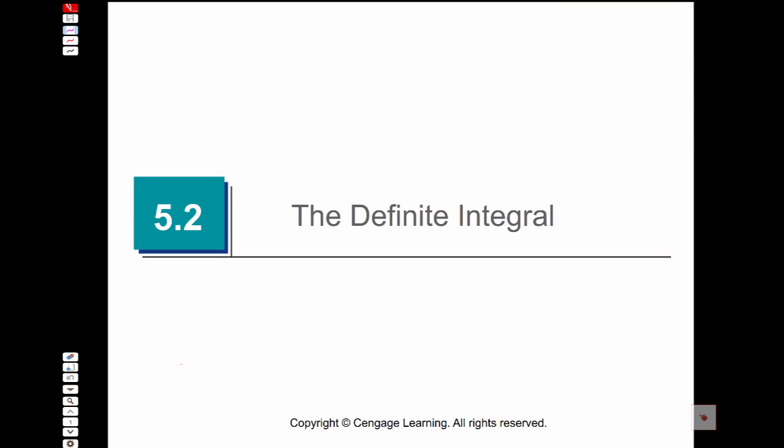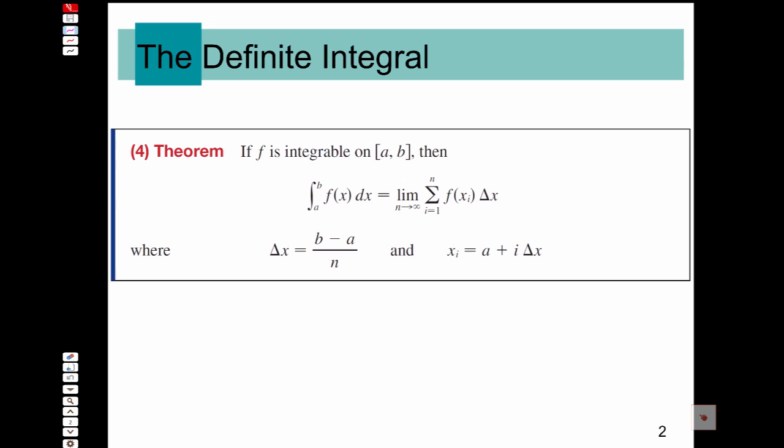Let's now work through an example using our newly introduced notation for definite integrals. Here's a summary of what we've talked about so far. If a function f is integrable on an interval a to b, then this quantity here on the left-hand side, which is the definite integral of f from x equals a to x equals b, is defined to be the